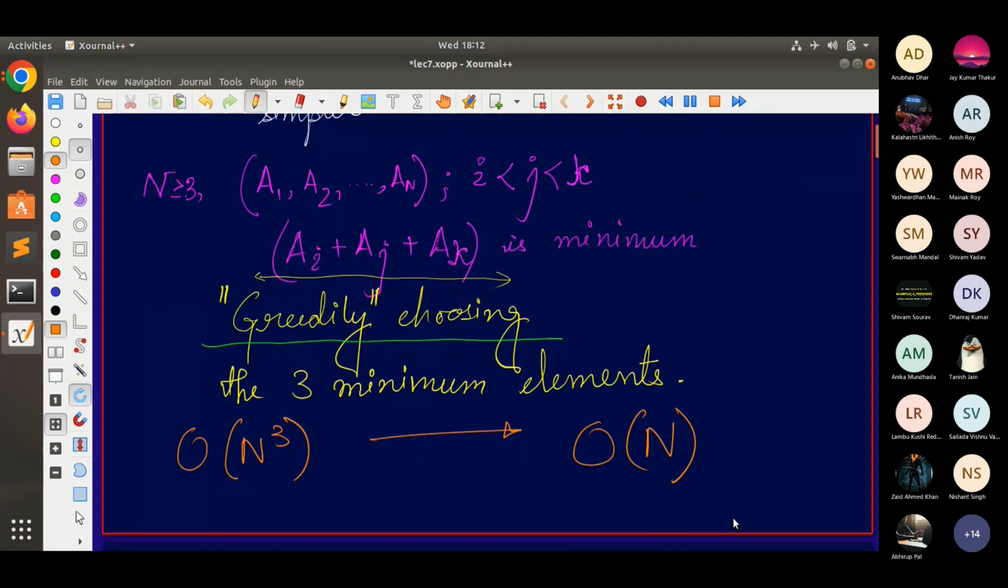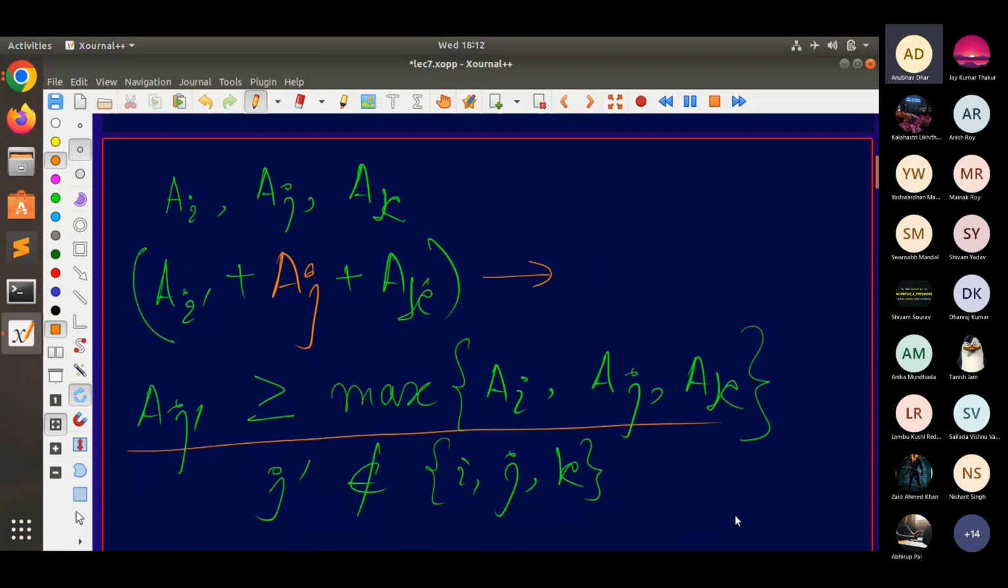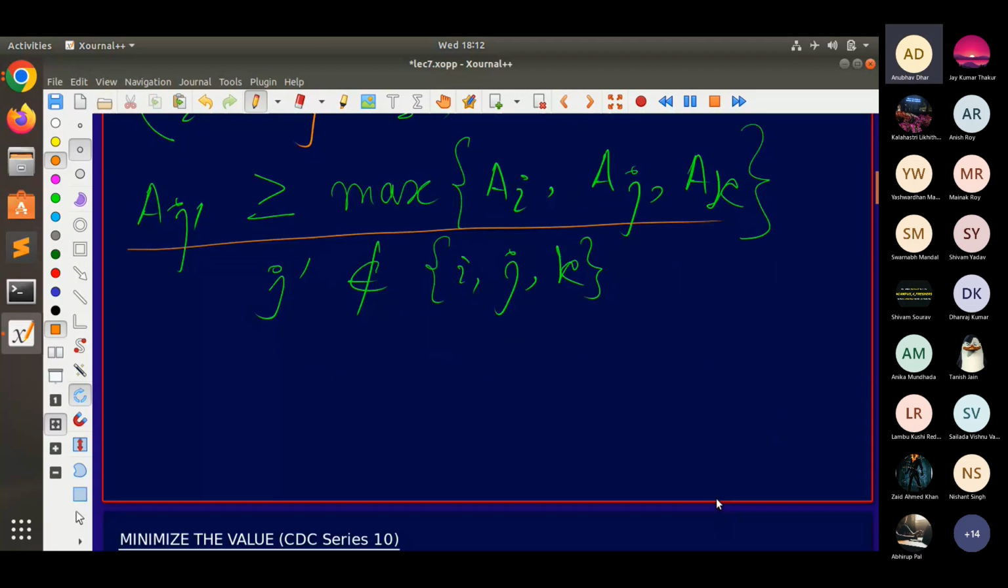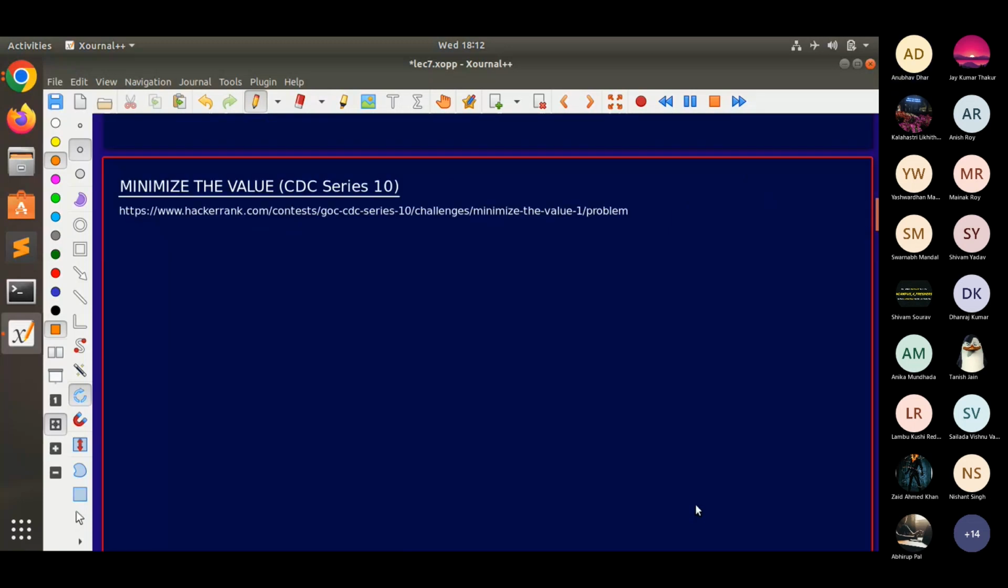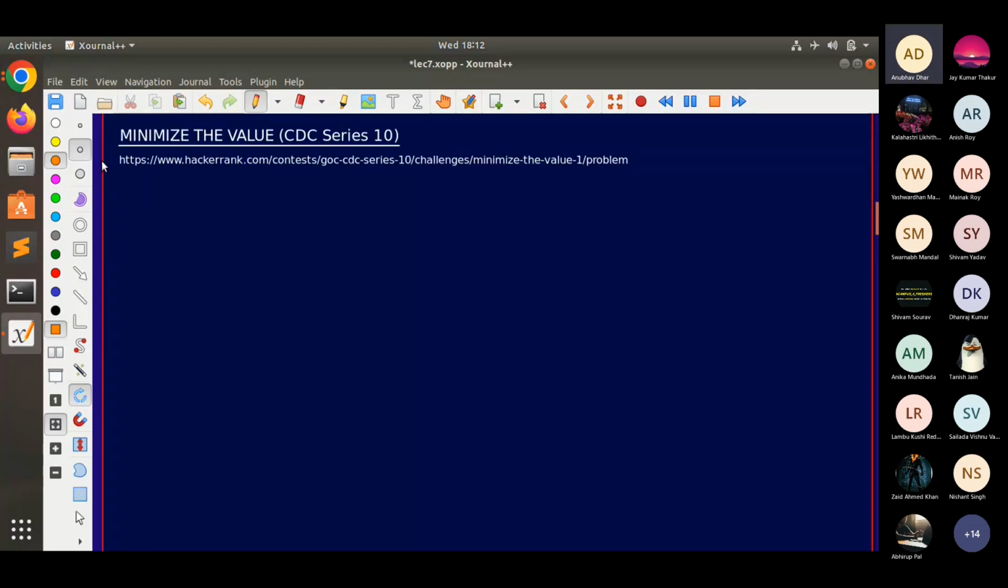Okay. So as I said, greedy algorithms are best understood with examples. So let's start with some concrete problems that we have. This is a problem taken from last year's CDC series round. The problem is such that you are given an array A, A1, A2, ..., An of n integers, where n